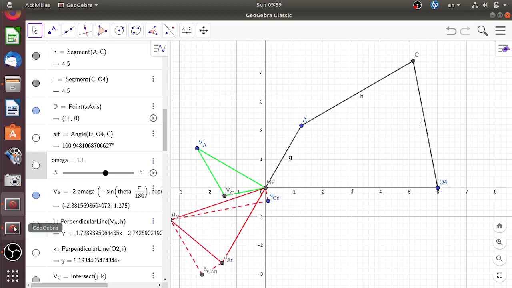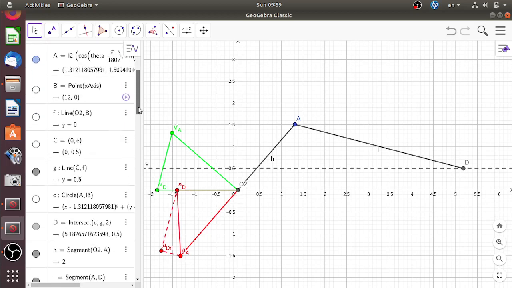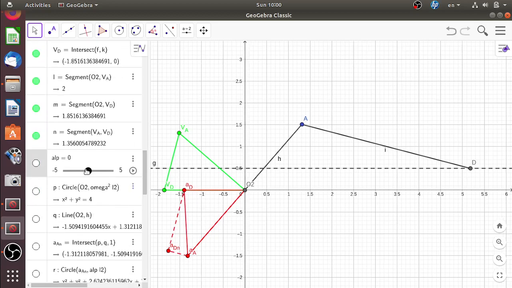And similarly you could do the same for, sorry, not a 4-bar mechanism, it's a slider crank mechanism. So you could do the same for the slider crank mechanism, and this is the velocity diagram, and this is the acceleration diagram. And I think in the acceleration diagram I have chosen alpha 2 to 0. If I change alpha 2 to something else, then I will get some other value.